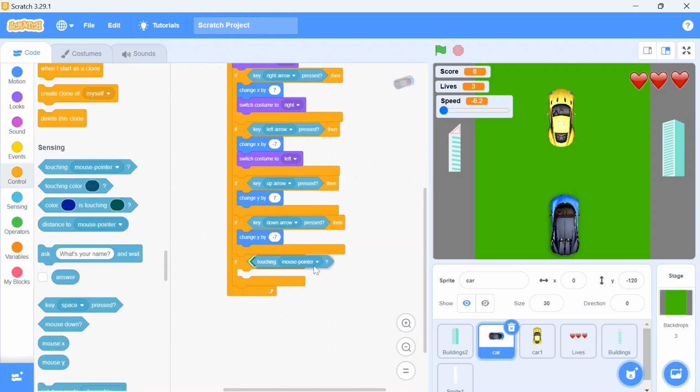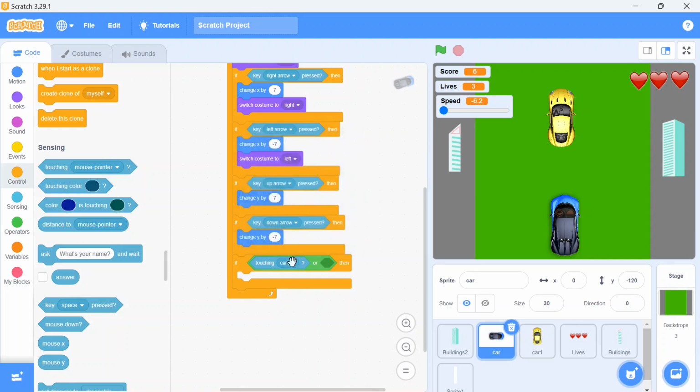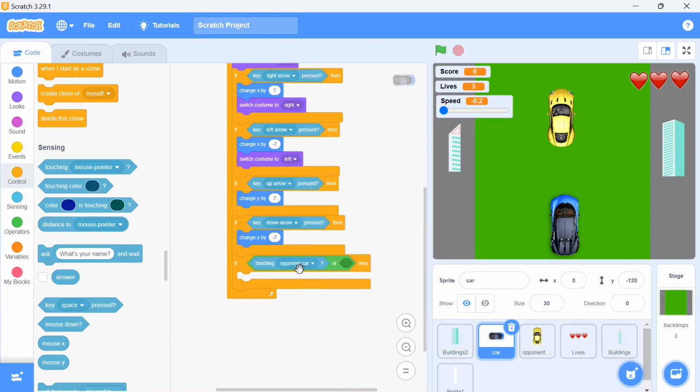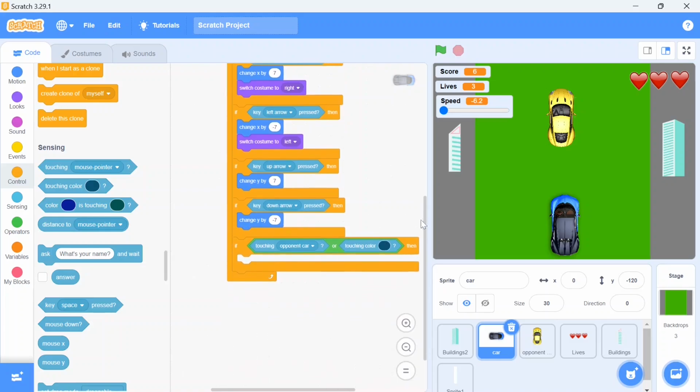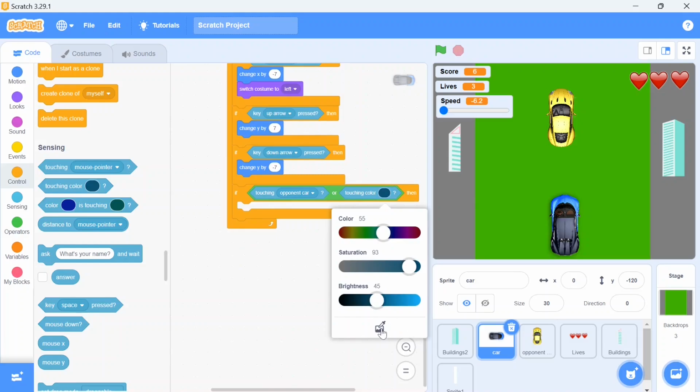First for the touching sense. Touch what? It's going to touch car 1 which is our opponent car. I can change the naming of this car. I'll make it opponent car. Yes. On the basis of that we can select over here, so it's mentioned opponent car. And the next one I want the color sense. For that I'm going to use this color sense block and the color I'm going to specify as per this color which I'm choosing. For that I'm going to choose pick color and I'll select this gray line.